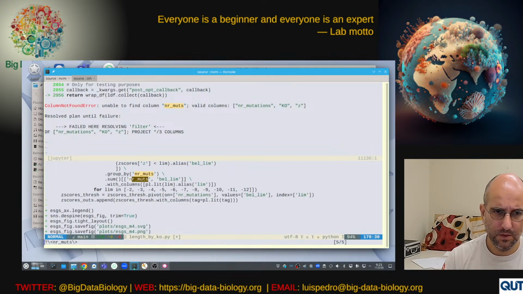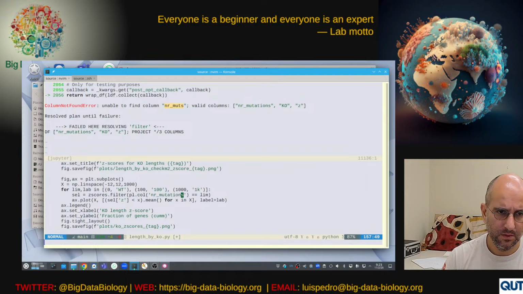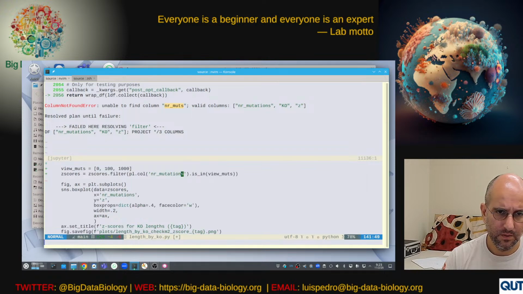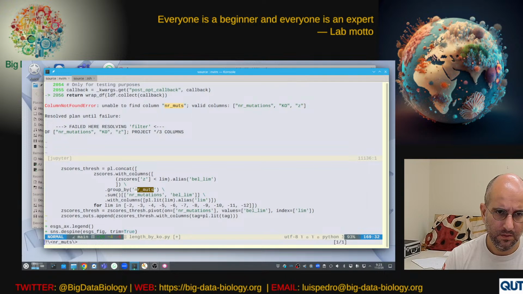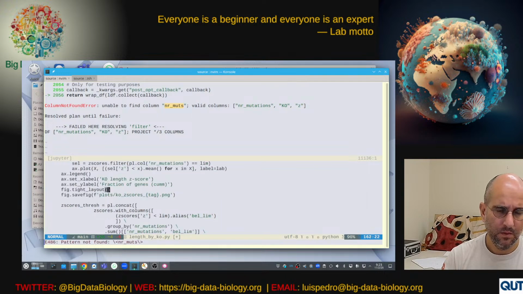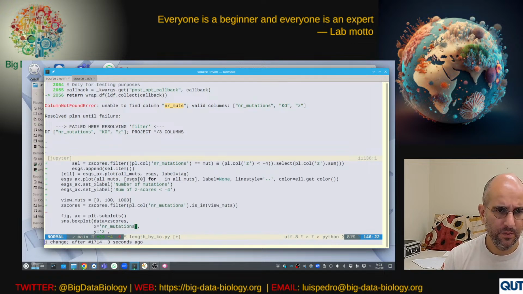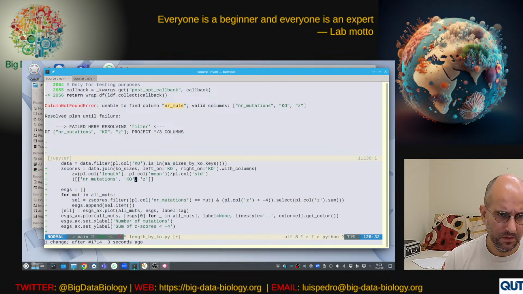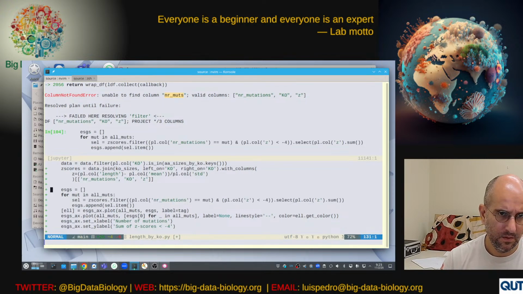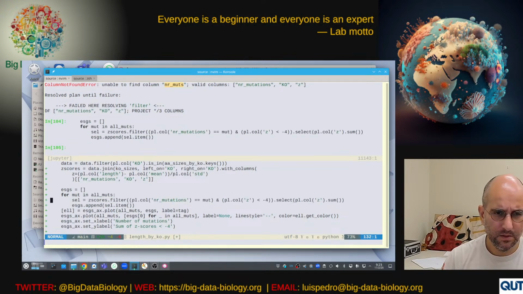Just be a little bit more consistent. Okay, we call it number mutations. This avoids the issue. Okay, this is fast. So this also we probably could have done a